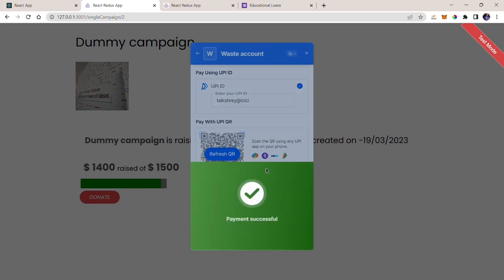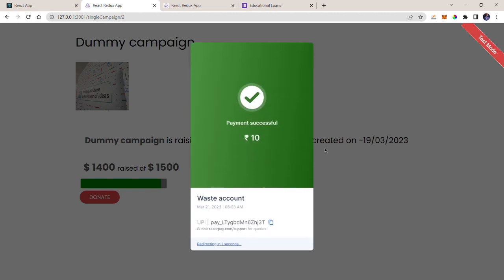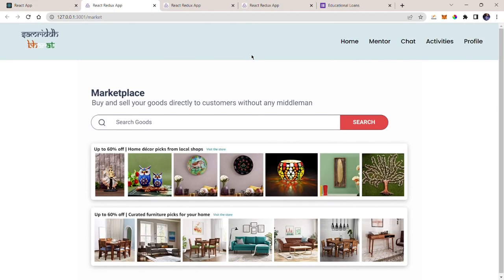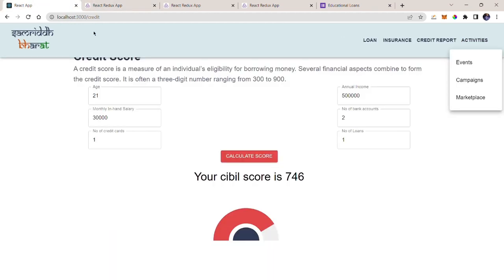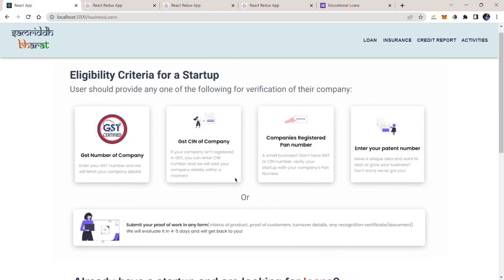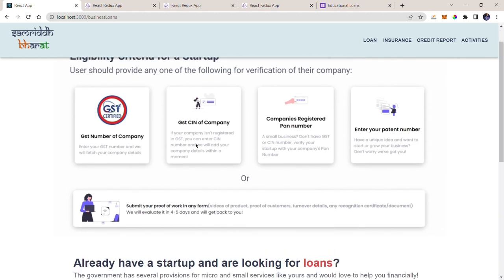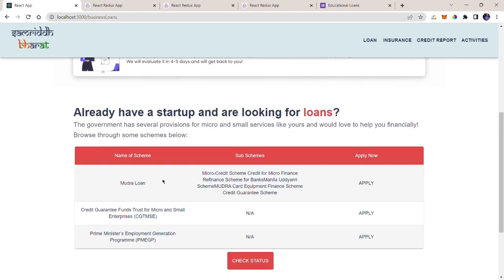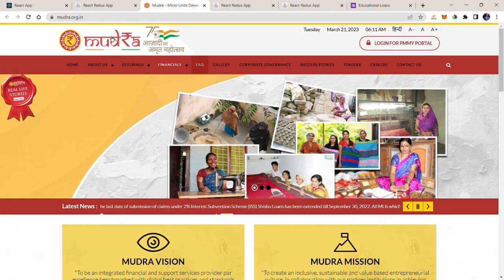A large part of the Indian economy is boosted by local artists and vendors. Hence, we also have a section or a marketplace of sorts to support the local artisans and the local businesses. To talk about the economic empowerment aspect of our application, let's come back to the business side of it. We know that a large part of the Indian economy is contributed to by startups and MSMEs, which are micro, small, and medium enterprises. Hence, we have a section separately for business loans where the startup owners can go through